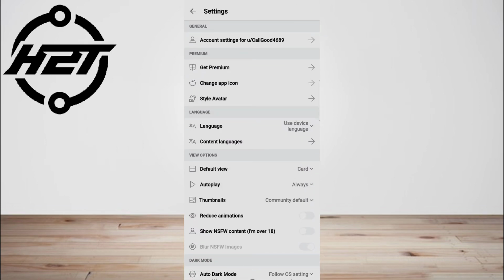Now, tap the switch next to show NSFW content. I'm over 18 to toggle it on. If the switch is blue and pointing to the right, the setting is enabled so you can see NSFW content